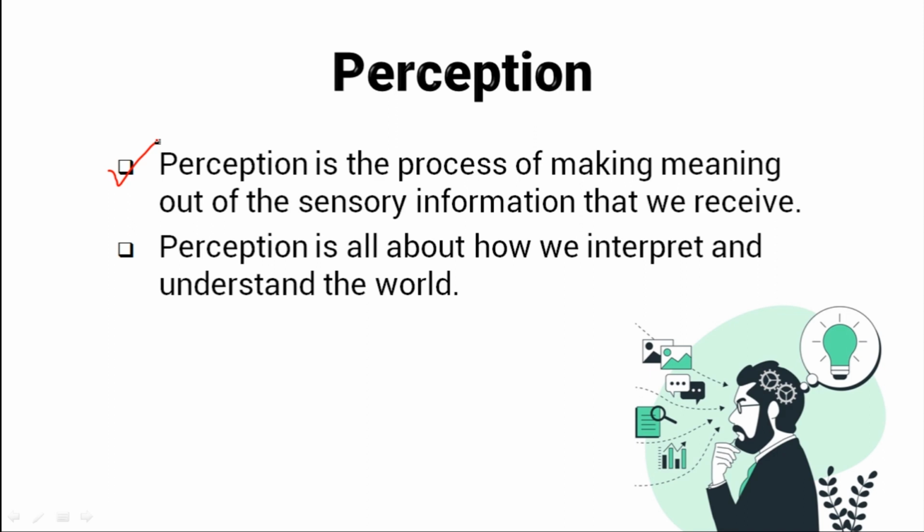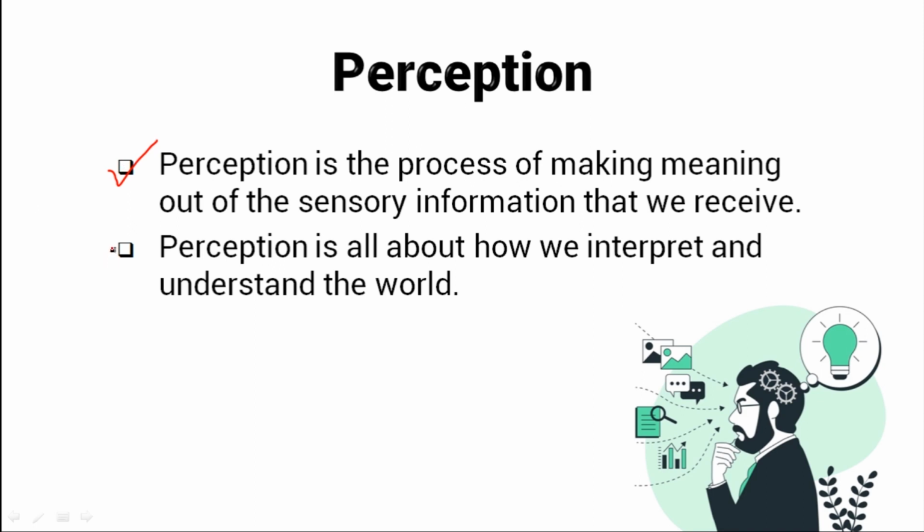It's kind of like a puzzle where the brain takes all of these tiny details like colors, shapes, and angles and uses them to figure out what we are looking at. So, when you see a tree or a person, your brain is doing all of this work behind the scenes to make sense of it. So perception is the brain's ability to take information gathered through our senses and turn it into something meaningful. It's a process where the brain integrates sensory inputs and creates a coherent understanding of what we are experiencing.